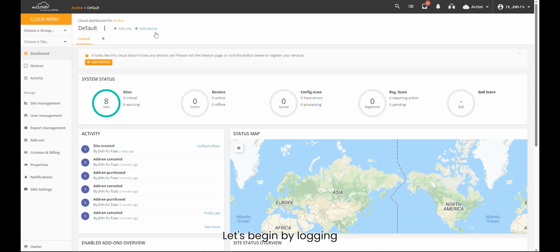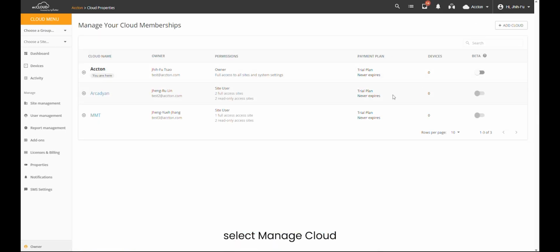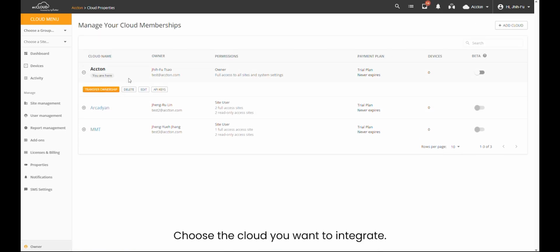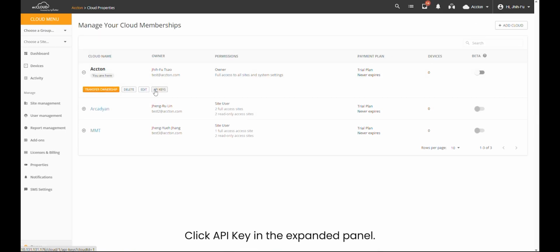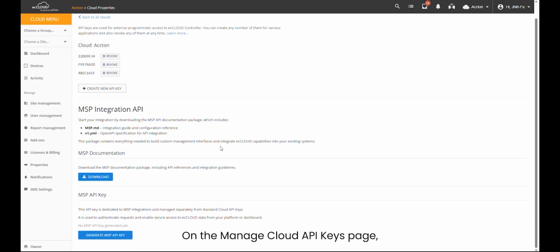Let's begin by logging into the ecCLOUD management interface. Expand the Cloud menu at the top, select Manage Cloud. Choose the cloud you want to integrate. Click API Key in the expanded panel. On the Manage Cloud API Keys page, you'll find two files under MSP Integration API,